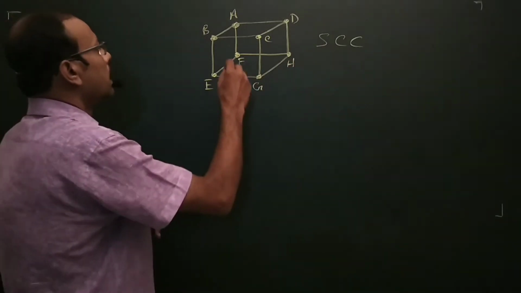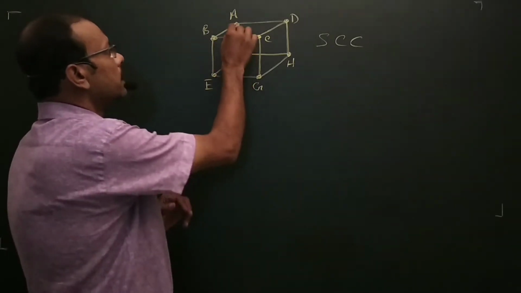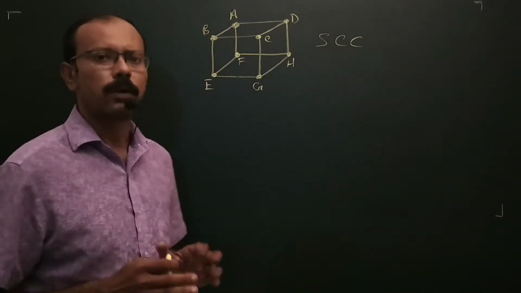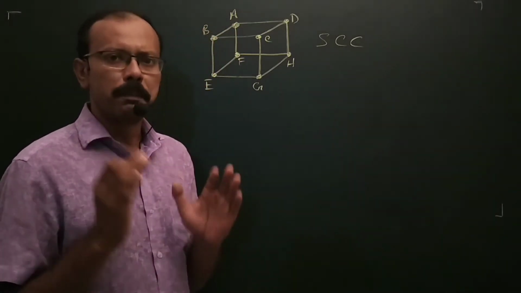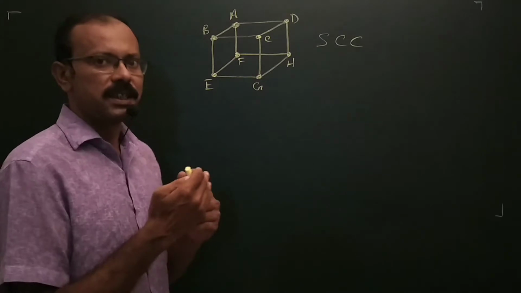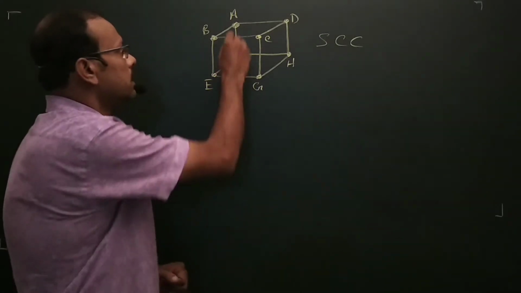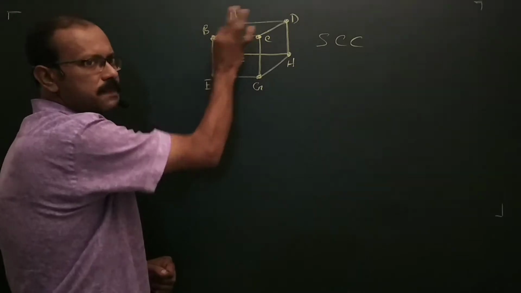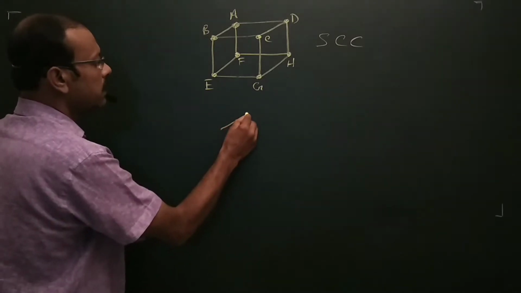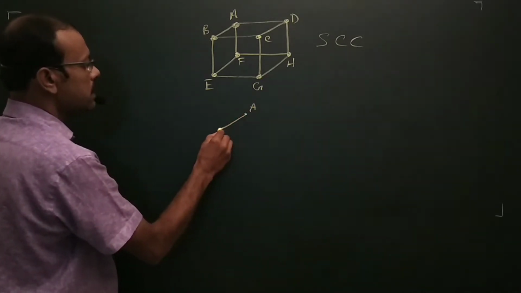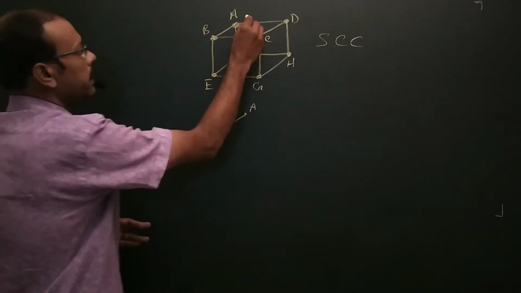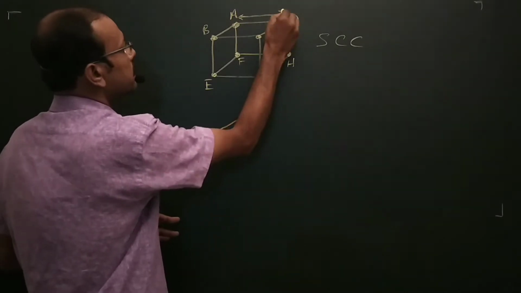Now see, the corners where the particles are situated, these particles are considered or assumed to be solid incompressible spheres, or rigid incompressible spheres. Now these spheres touch each other. For our own convenience, we write these particles as points or lattice points. Now I am taking this section out of the cube and writing it like this. This point is A and this point is say B, and these are the centers of the particles. And I am considering the edge length a.